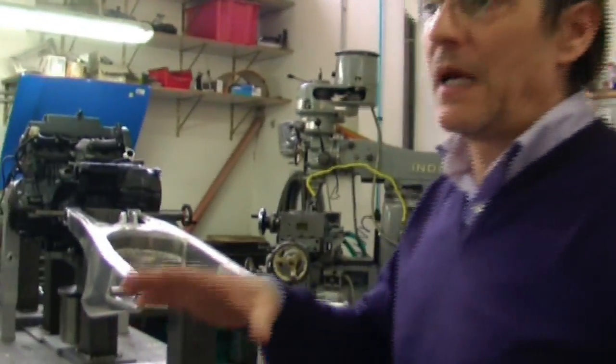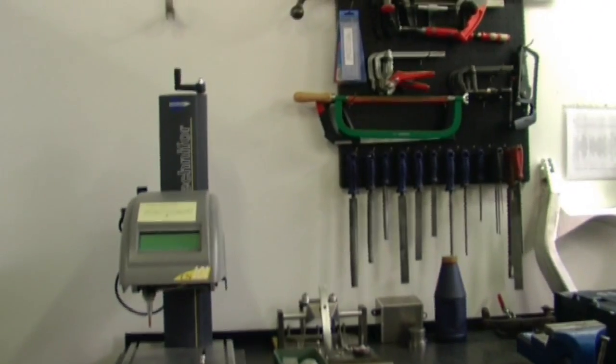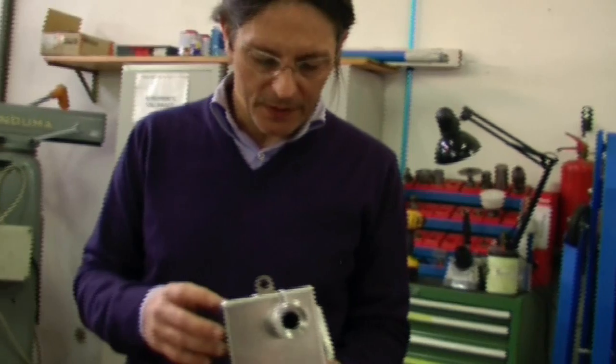This is my lab. This is the place where I create the prototype for the first time. I normally also make the production of the first unit of production items. For example, this is the water container of the liquid